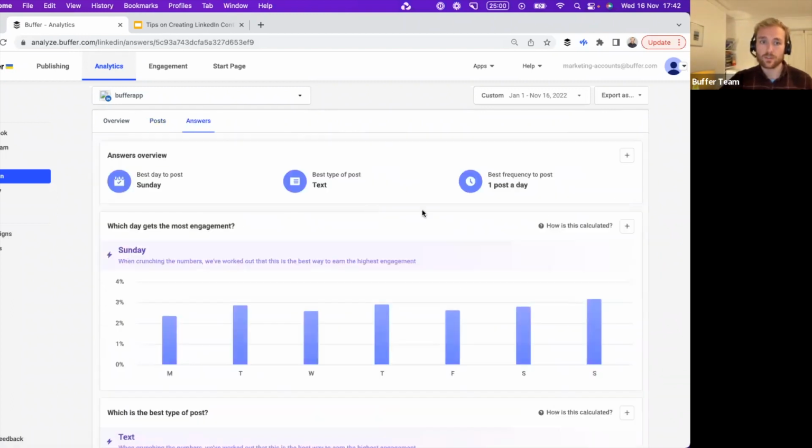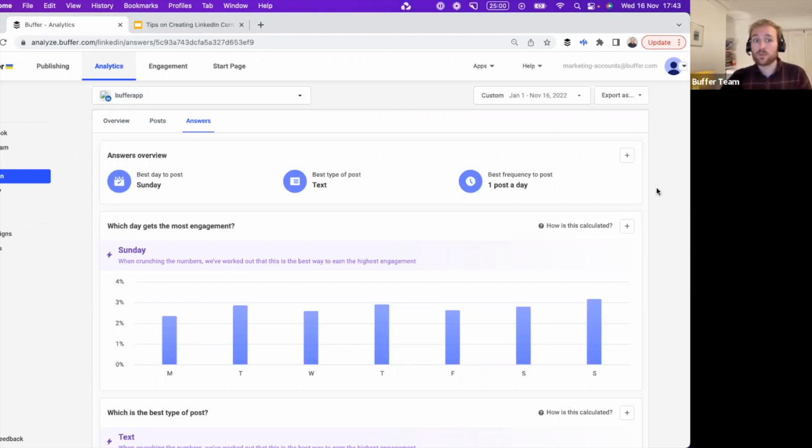And then the cherry on the top of the cake, but this really is the most powerful feature that we have here, is the ability to get answers on how your LinkedIn channel is performing. Now, a lot of the questions that Xander was asking earlier is about, what time should I post? What type of post works best? How often should I post? That's really difficult advice to give on a grand scale. It really does differ depending on what type of account you are. But with Buffer, you actually get the ability to see what works for your channel in particular.